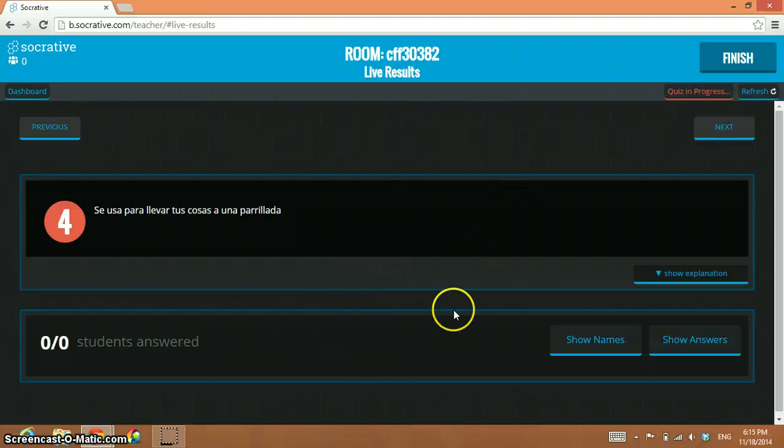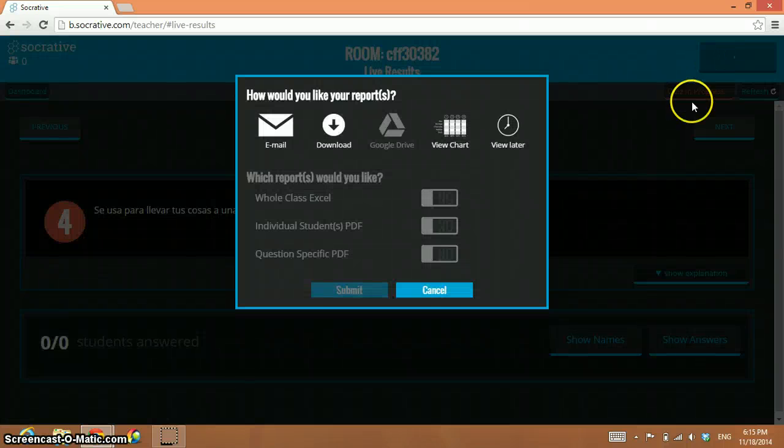Okay, and it's really as simple as that, particularly with the teacher pace. With student pace, it's even easier. They control the speed at which they take these quizzes. Then you will click finish when you're all done, and it will ask you what you would like as your report. And if you would like to know about this page and what to choose in the different options, you can visit the results page on this professional learning